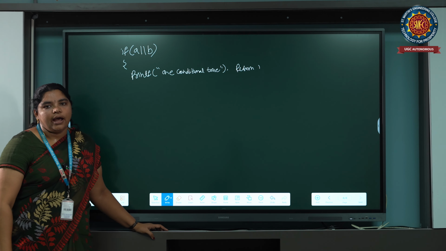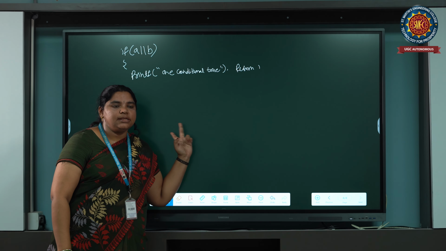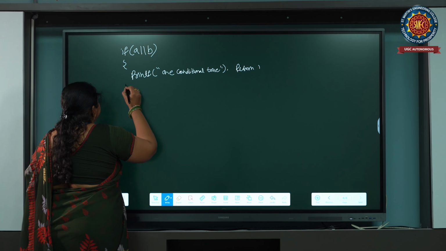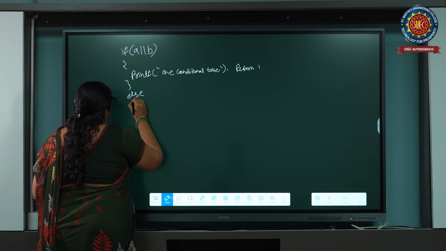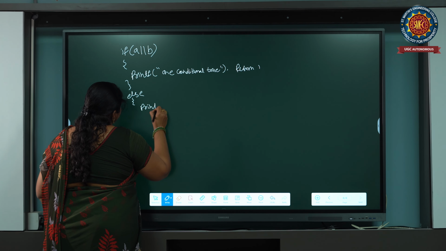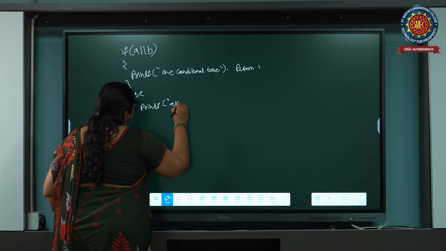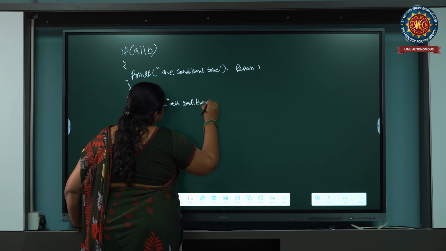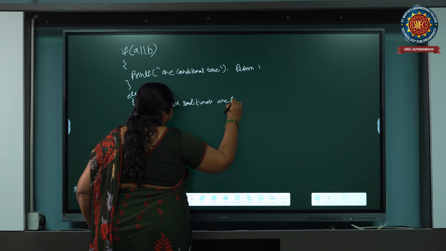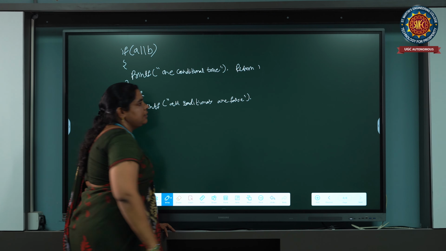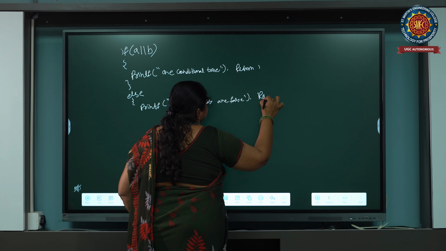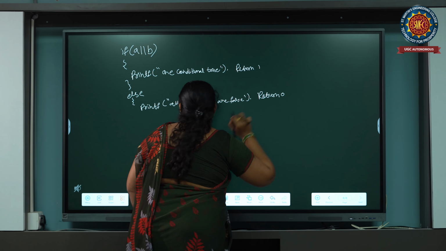Because in OR, if one condition is true and another condition is false, at that time it returns 1. And next, else: printf, all conditions are false, meaning all conditions are not satisfied, so it returns 0.